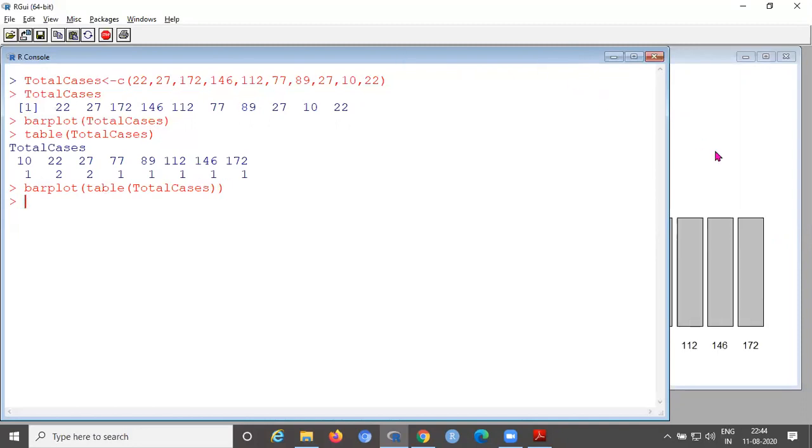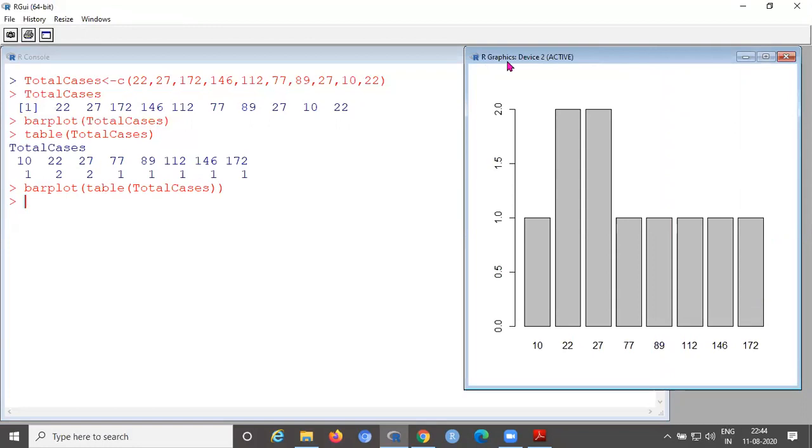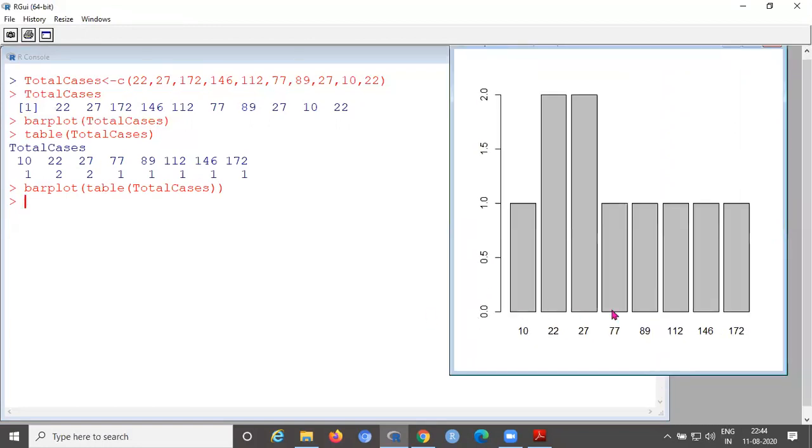Now you can see the bar. This is the absolute frequency, and this is the corresponding bar. On the x-axis all the values are labeled: 10, 22, 27 up to 172. Then the frequency distribution on the y-axis is 0, 0.5, 1, 1.5, 2.